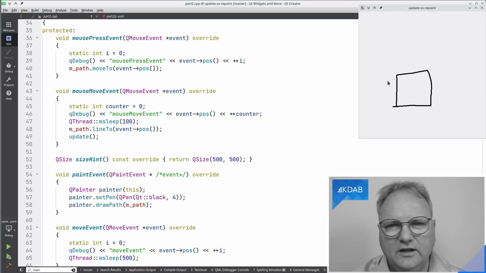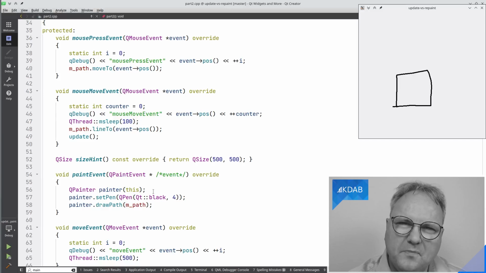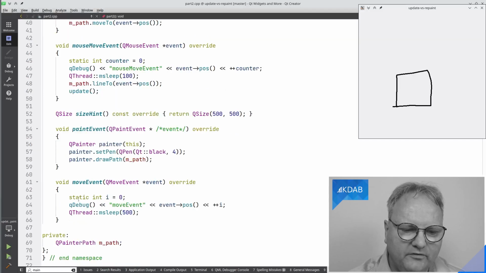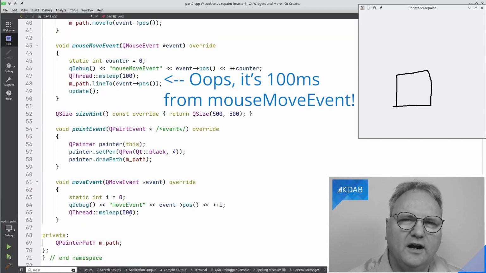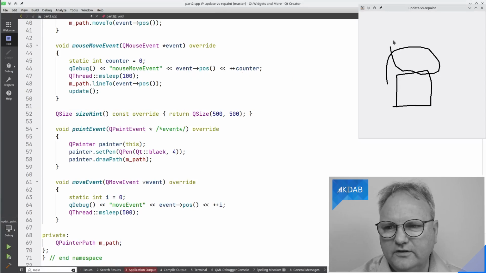If you follow the introduction to programming with Qt training that we are putting out right now, then you'll actually see this example from there. There's one change though. If you look at my move event, I'm sleeping for half a second. So if I move around here, and let me move the cursor slightly faster, you'll notice that it is actually drawing larger line segments here, because, let me zigzag really fast here.